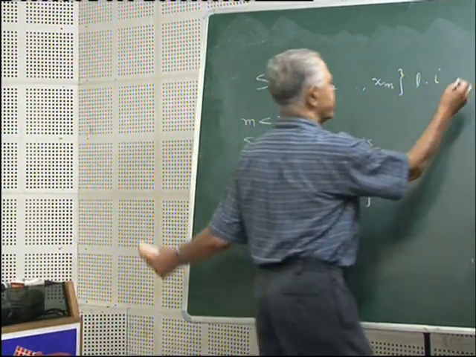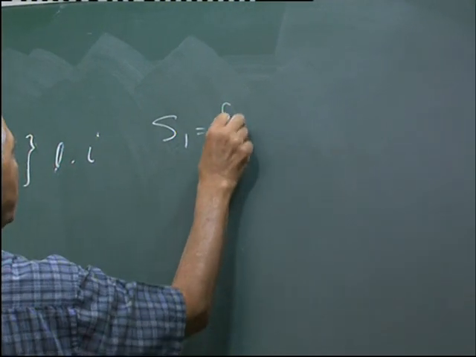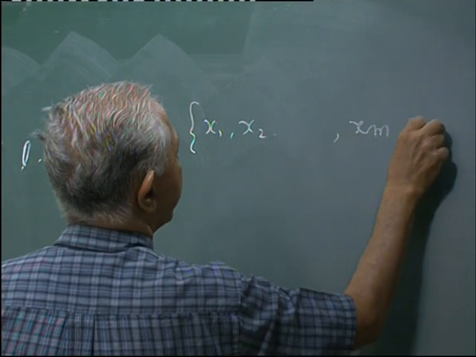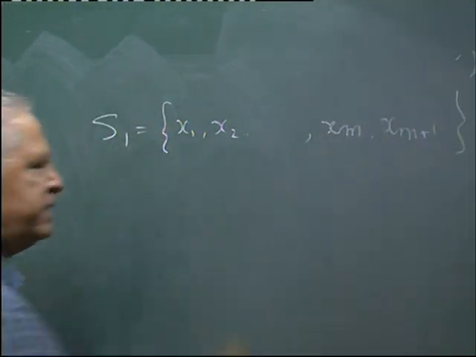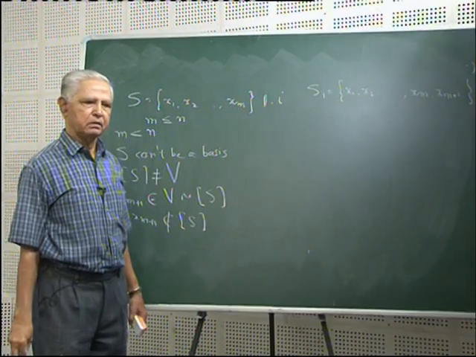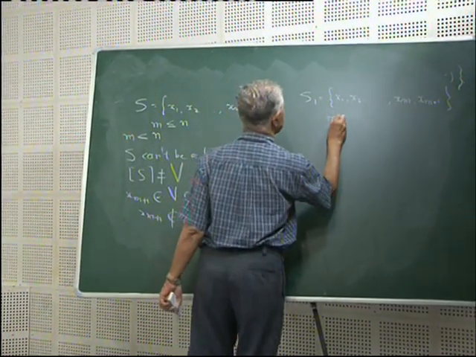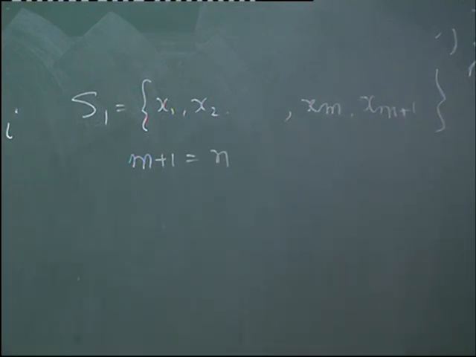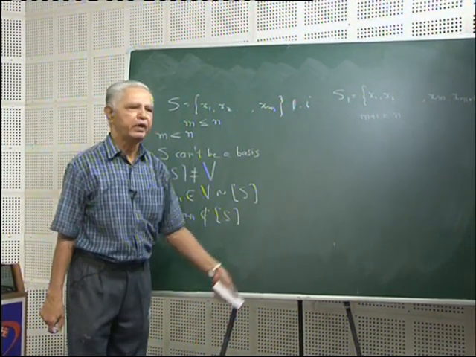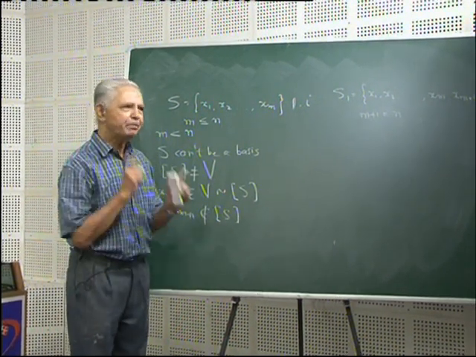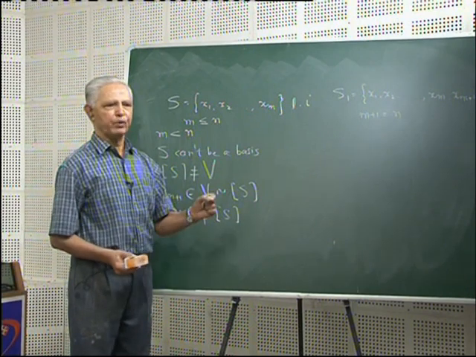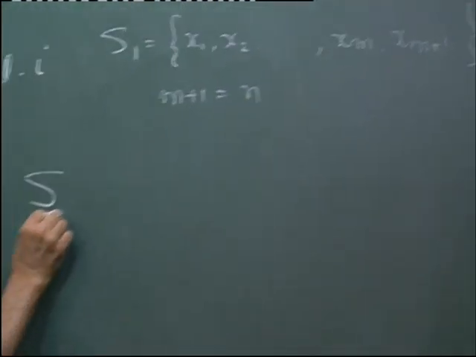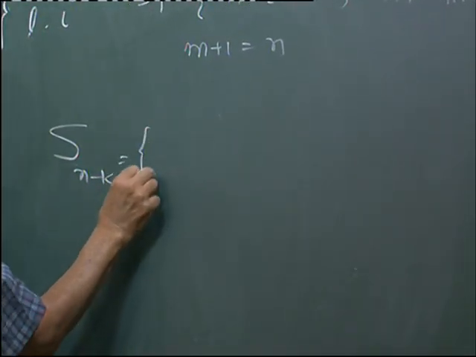So, we take this set now, S1 equal to {x1, x2, ..., xm, x(m+1)}. This set is also linearly independent. If m plus 1 is equal to n, then S1 becomes a basis. If m plus 1 is less than n, we continue this process, and after n minus m steps, we get the set S(n-m) equal to {x1,